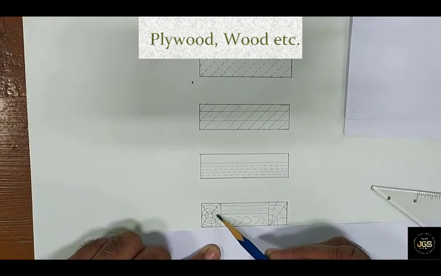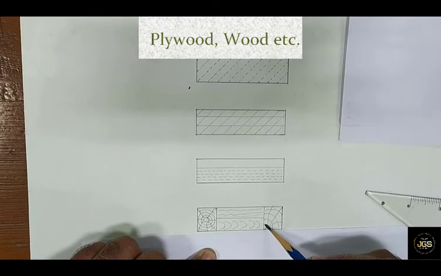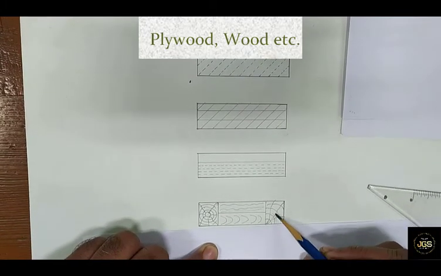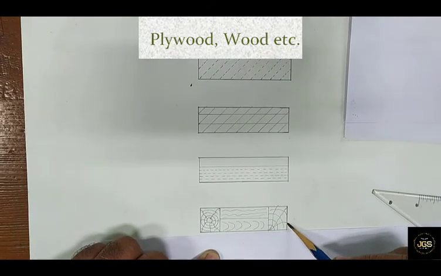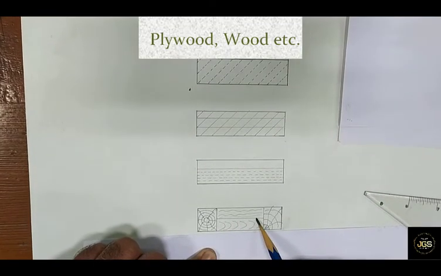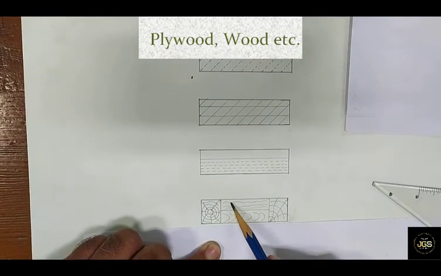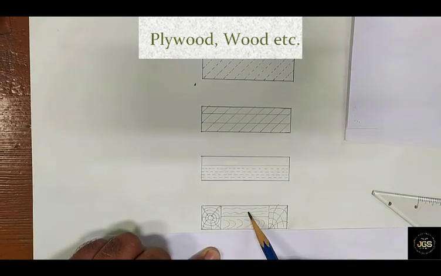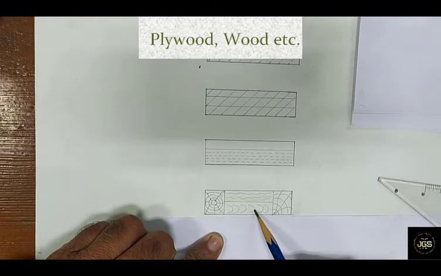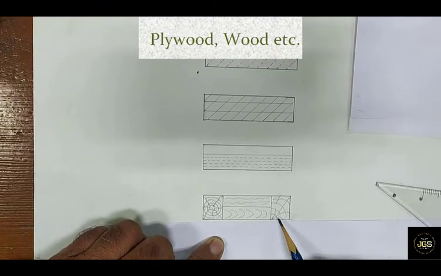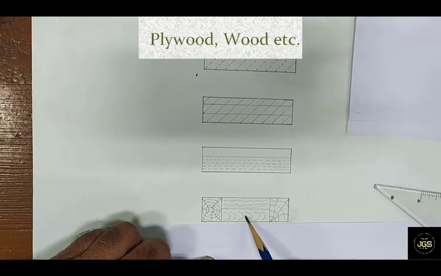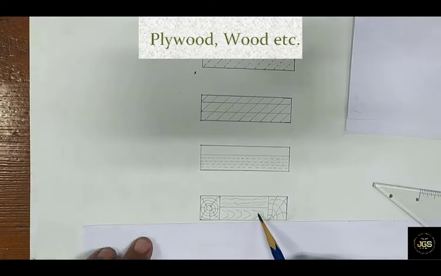Then if you take its 1/4 part, I have drawn it over here. These are the annual rings. Then from here you mark to the corners and sides. These are the lines for this. And here I have divided the remaining portion into 2 parts. This is the dividing line as a dark line. Then these are the annual rings like this. These are parallel to the base and these are in a U shape like this. So these are the 4 sections of wood or plywood. So you can see physically on the wooden pieces. So these are the symbols for this.